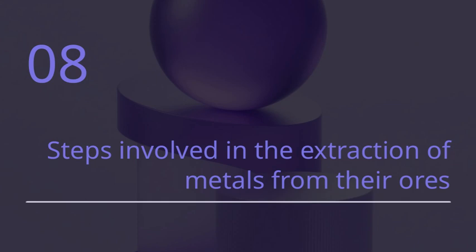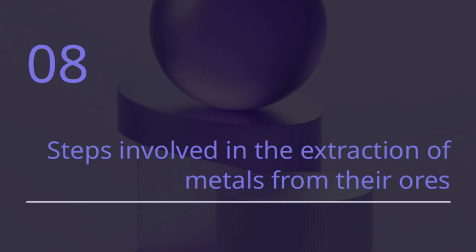First, the process begins with mining, where we locate and extract the ore from the earth. This is a crucial step because the quality and quantity of the ore directly impact the efficiency of the entire process. Next, the ore is crushed and ground into smaller pieces to increase the surface area, making it easier to process. This preparation is vital for the subsequent steps, as it helps in the efficient separation of the metal from other materials. The third step involves